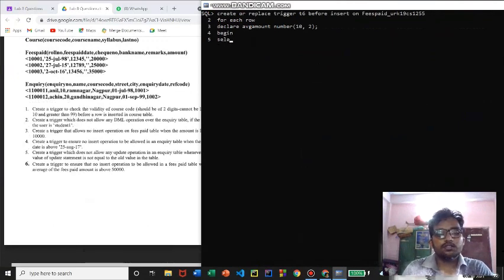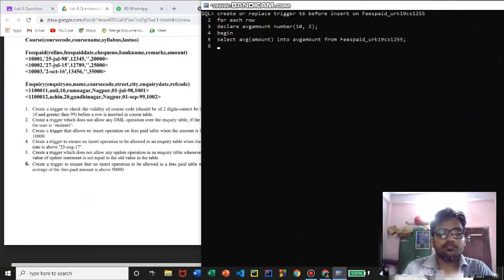The value is select average of amount column from the fees paid table. We have some column called amount in the fees paid table, into average amount from the table name, that is fees paid table.